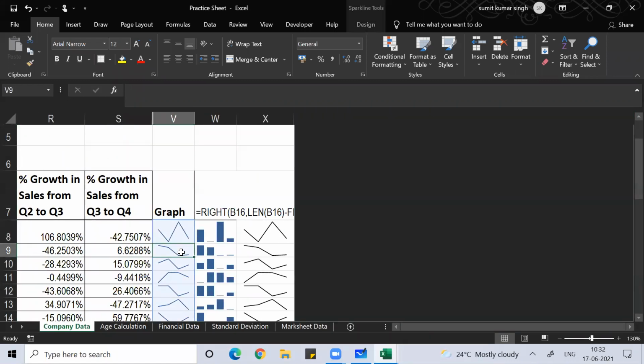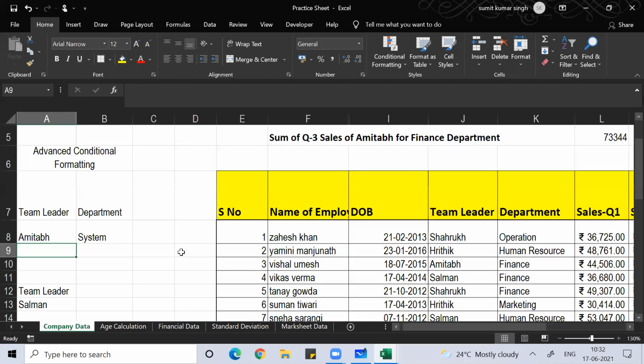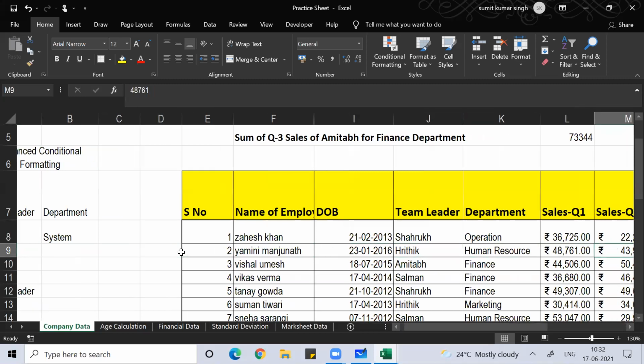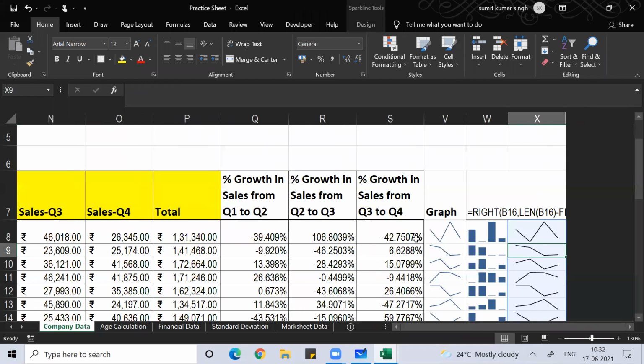I don't want this value from this. So once I get this, I want the graph to represent this.